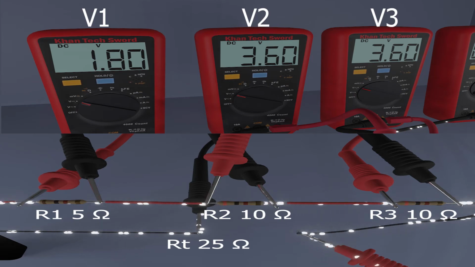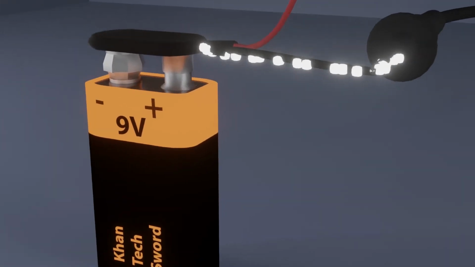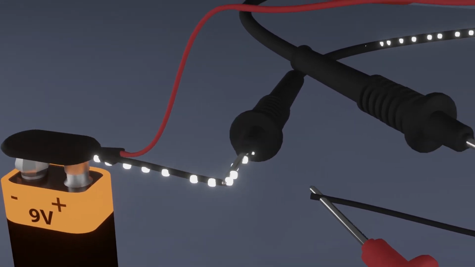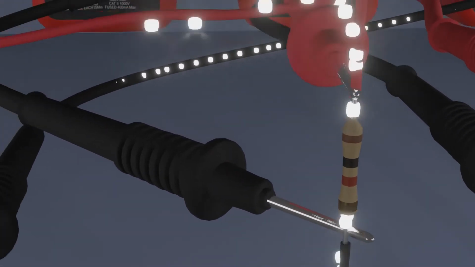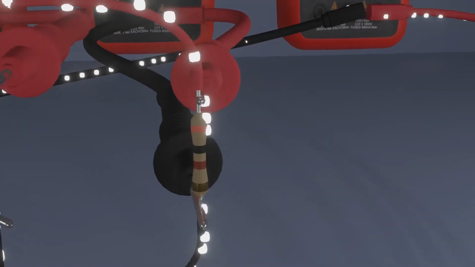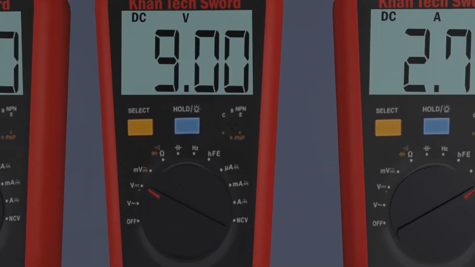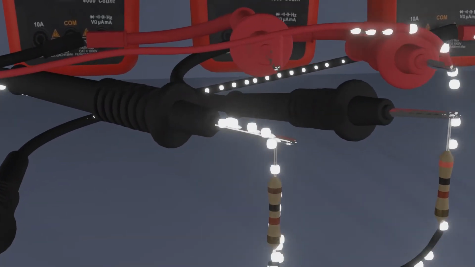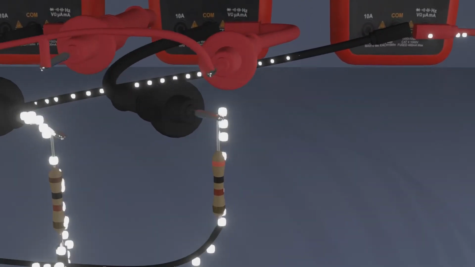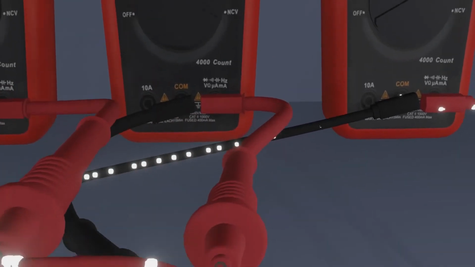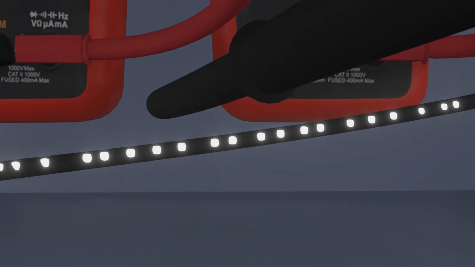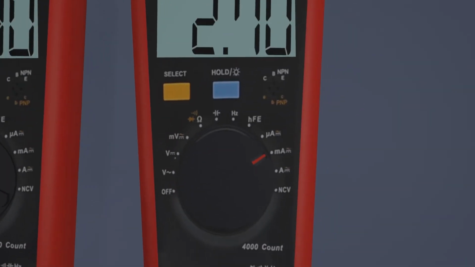than V1. If we connect resistors in parallel to the battery, then we have a parallel circuit, and a parallel circuit has equal voltage anywhere in the circuit because each component is directly connected to the positive and negative terminals of the battery. Each component across the voltage source provides a separate path or branch for current flow. The individual branch currents are calculated as VA divided by R, where VA is the applied voltage and R is the individual branch resistance. The total current IT is equal to the sum of all individual branch currents.